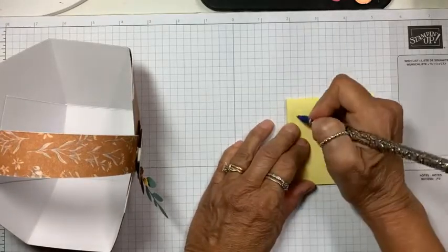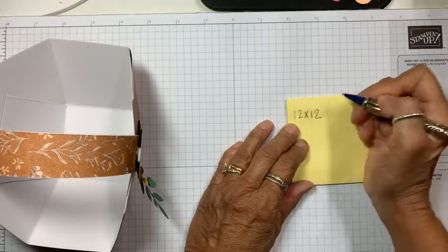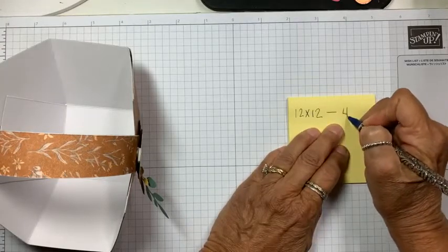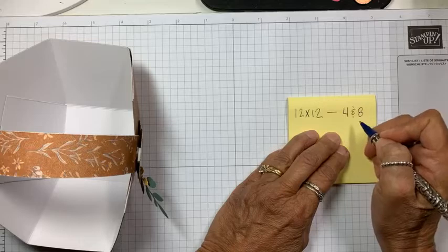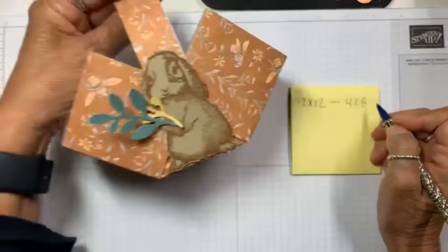So if you were to do a 12 by 12, and you can take a snapshot of this when I'm done writing, piece of designer series paper, you want to score, like I showed you, at 4 and 8. Then turn it around and score at 4 and 8 again and cut it like I showed you. Okay? If you want this size,